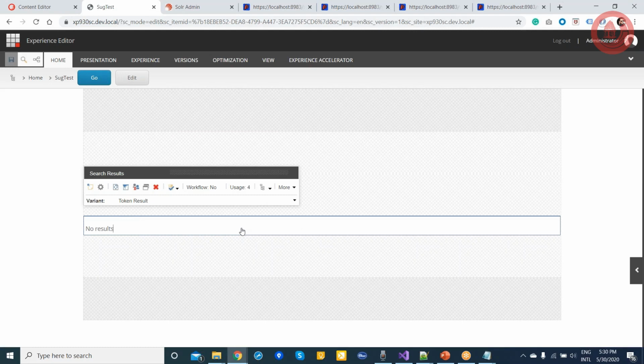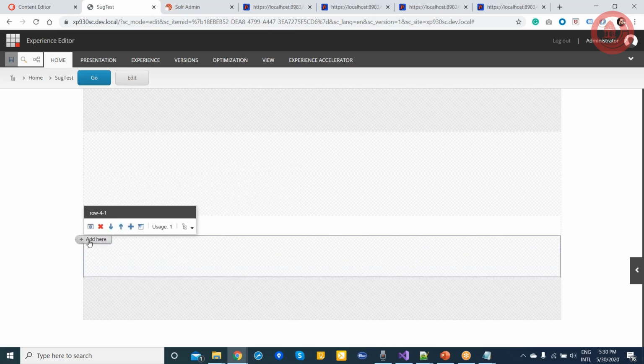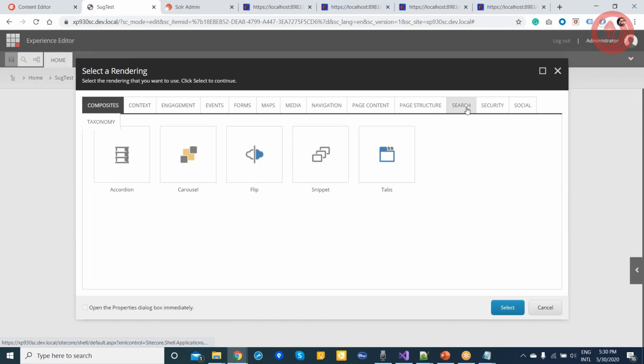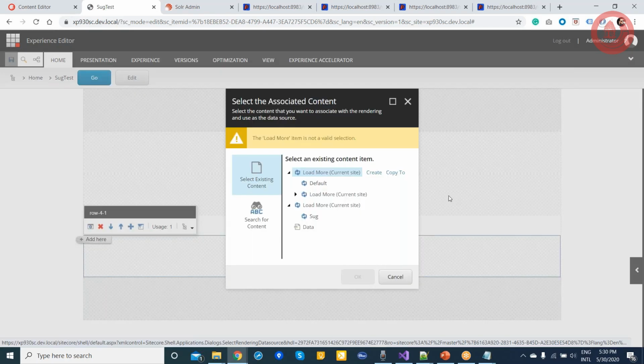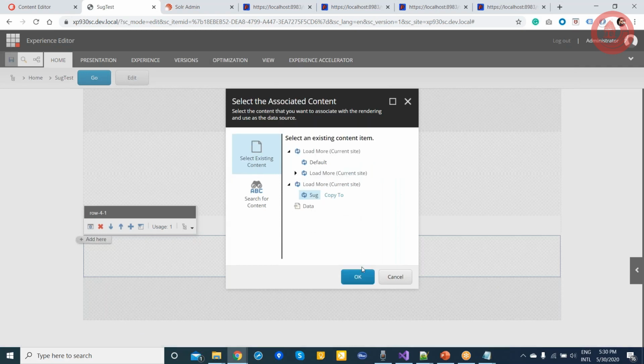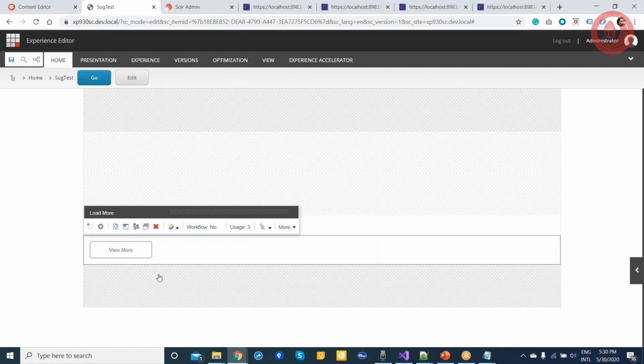Now the second, if we want to put, let's say, a view more option. So in the next row, we can add, let's say, on the search component, I want to see the load more. I created a few contexts. So if I want to change the text, I can change it from here.